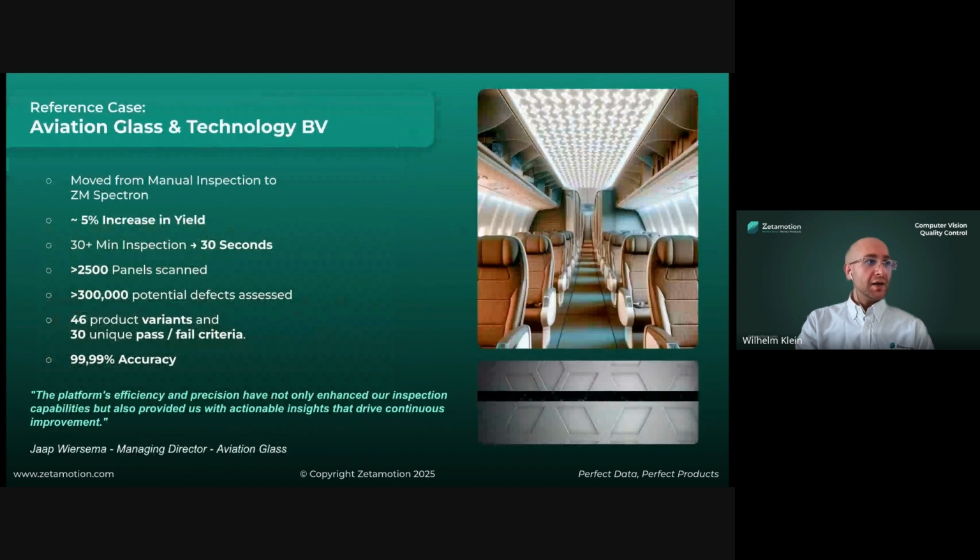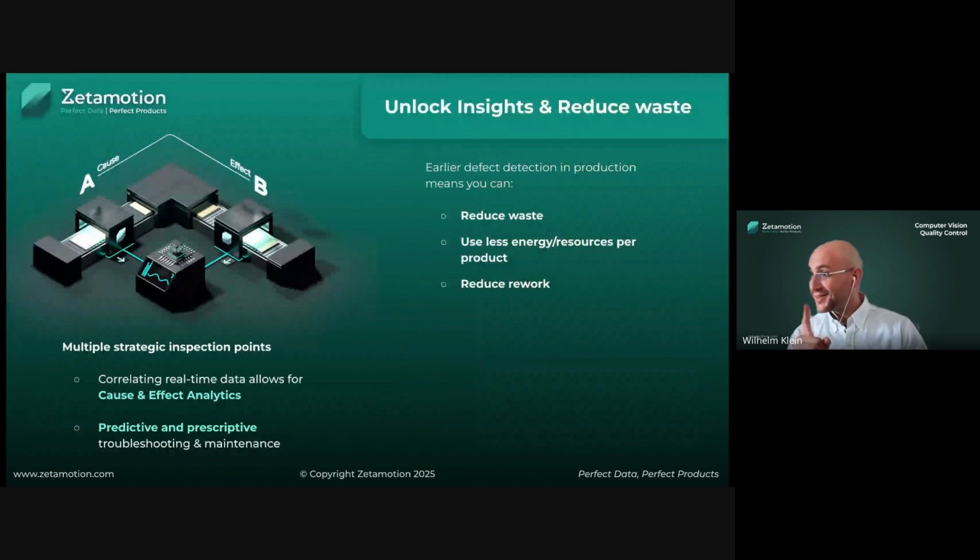Right? This is the reference case I spoke about. These guys are making panels that go into aircraft. And as I said, inspection was a huge bottleneck for them. We reduced what used to be more than 30 minutes of manual inspection to a 30-second scan, from putting the sample in there to having the report out. And as a result, they have been able to increase their yield by about 5%. Okay, and then truly lastly, before we go to the Q&A,